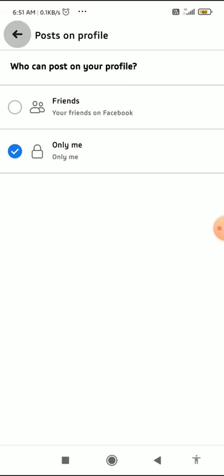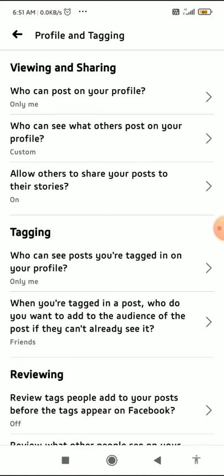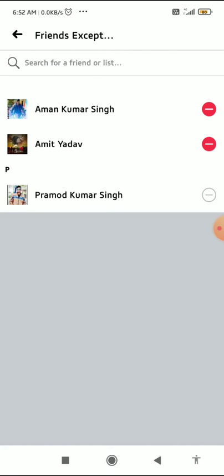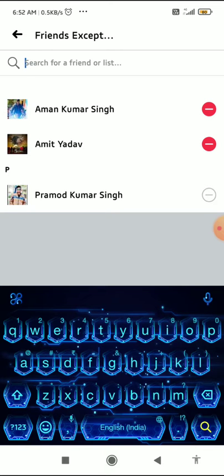So that's it. But if you want that your friends post on the Facebook timeline, then what you have to do, you have to click on the who can see what others post on your profile in the second option. Then you come to this page, and here you have to select the friends except option. Please make sure you select the friends except, and then you have to click on this arrow. When you click on this arrow, then you can search any of the friends that you want to select